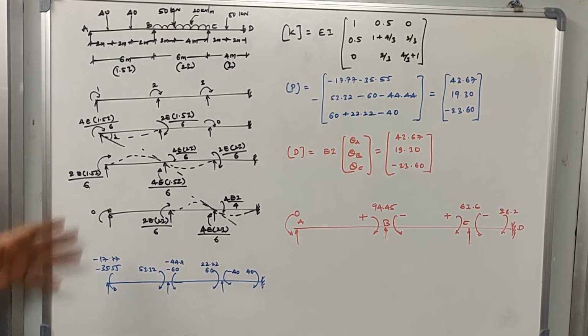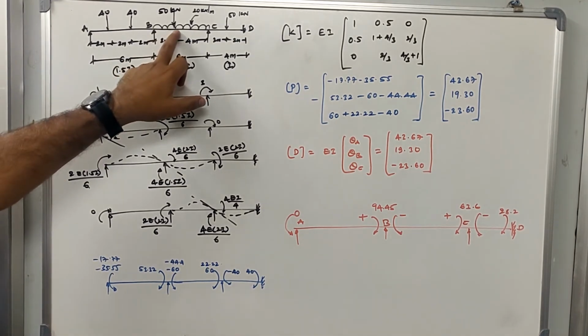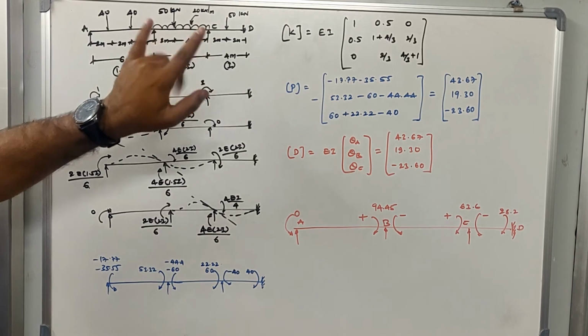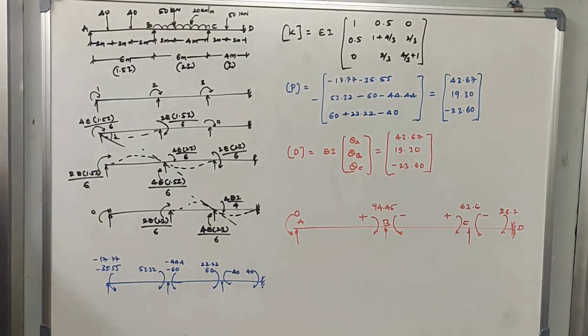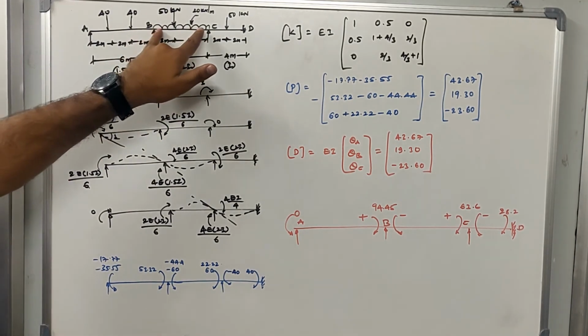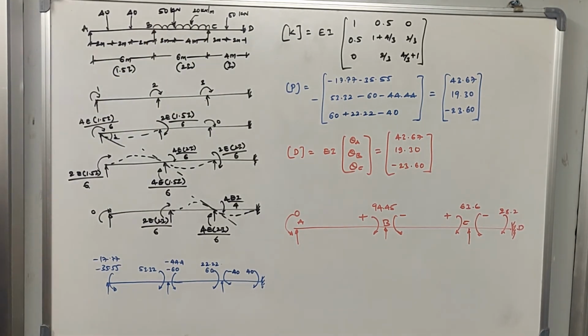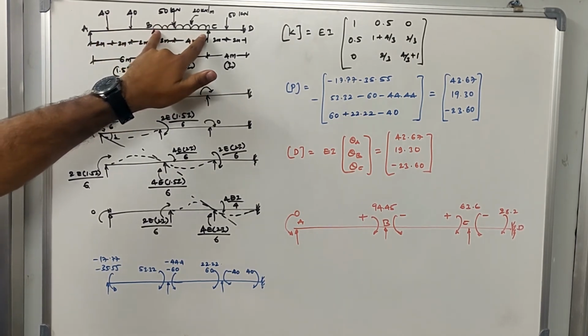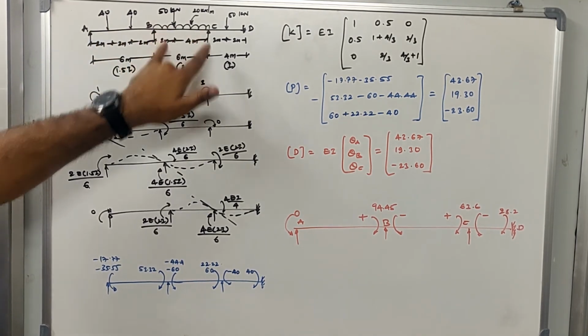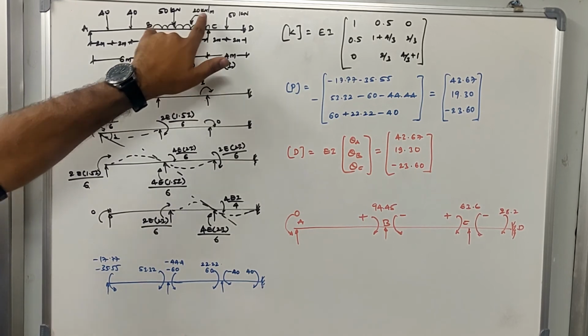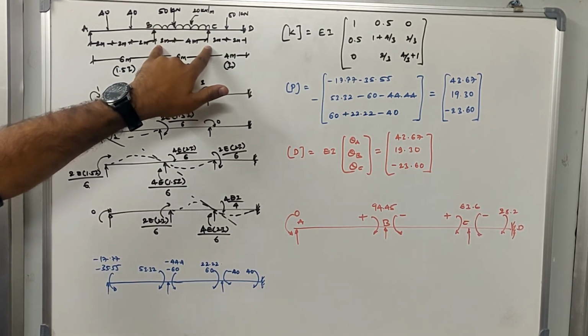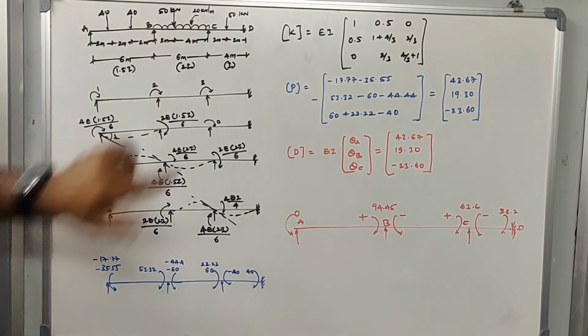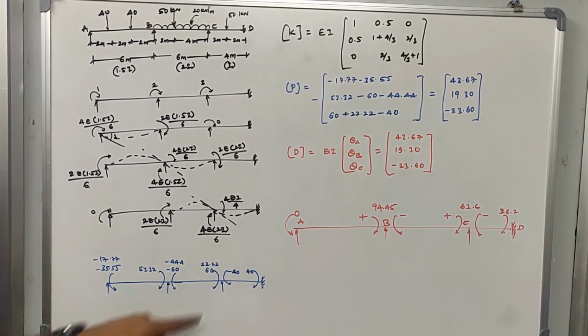I hope this is very much clear because we had solved a similar fixed end moment in the previous problem also. Okay, now going to this beam which is subjected to two forces, one is UDL, the other one is concentrated load. First let us calculate how much is the fixed end moment because of only UDL. Next we can use the principle of superposition and we can add this force also. Okay, now the fixed end moment because of only UDL is W, which is 20 into L square, which is 6 square divided by 12, which is equal to minus 60 and plus 60.